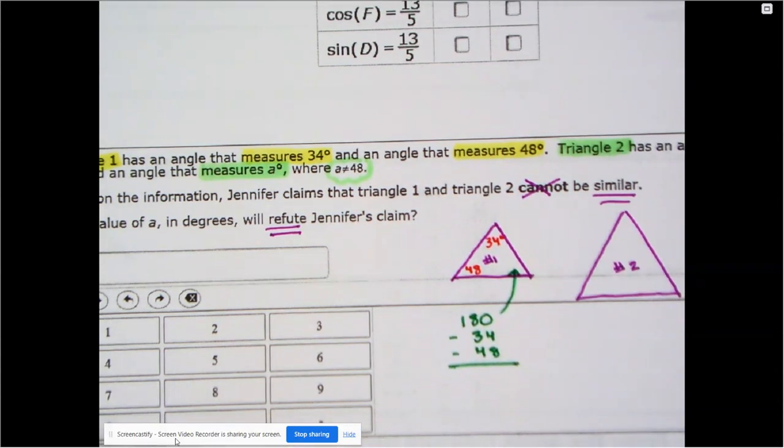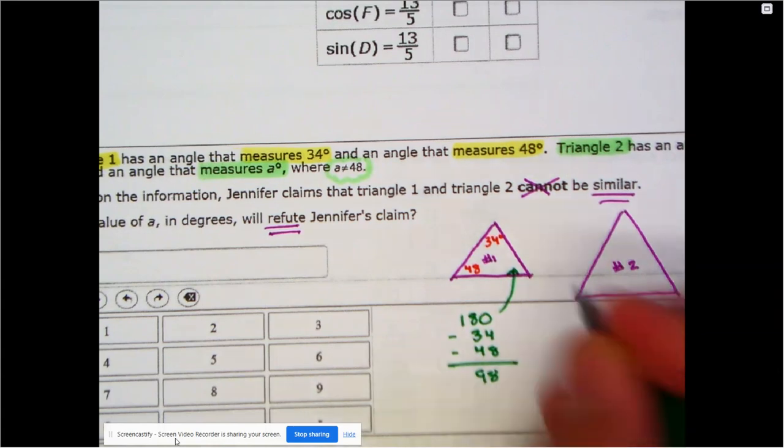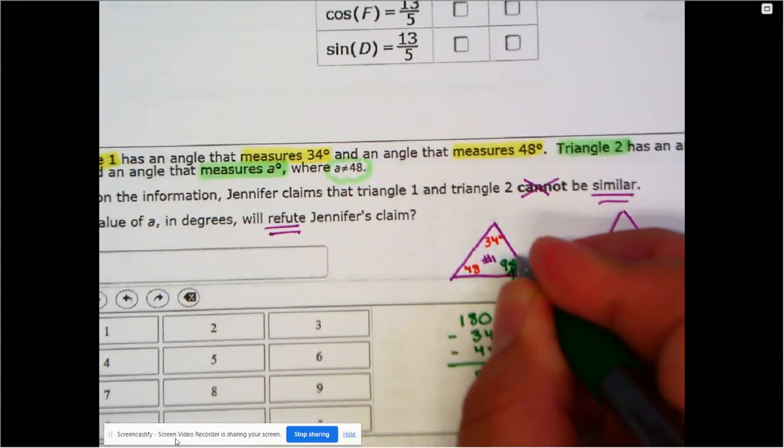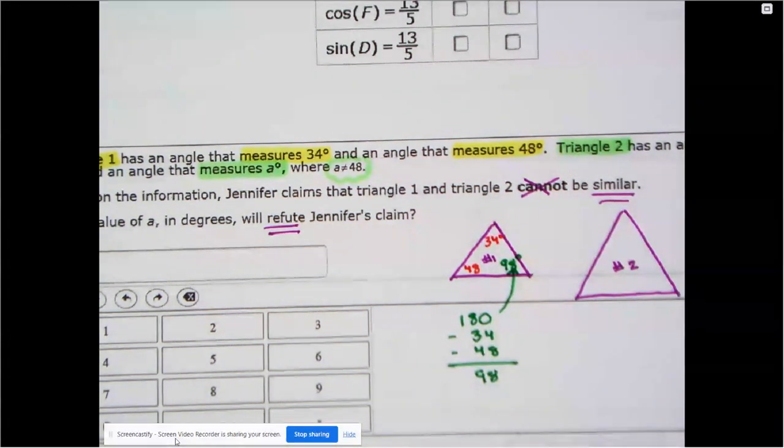All right, so let's find out what that is. Let's get the calculator going. 180 minus 34 minus 48. We get an answer of 98. And I know the picture may not look like it, but that's all right. So I have a 98. Now,